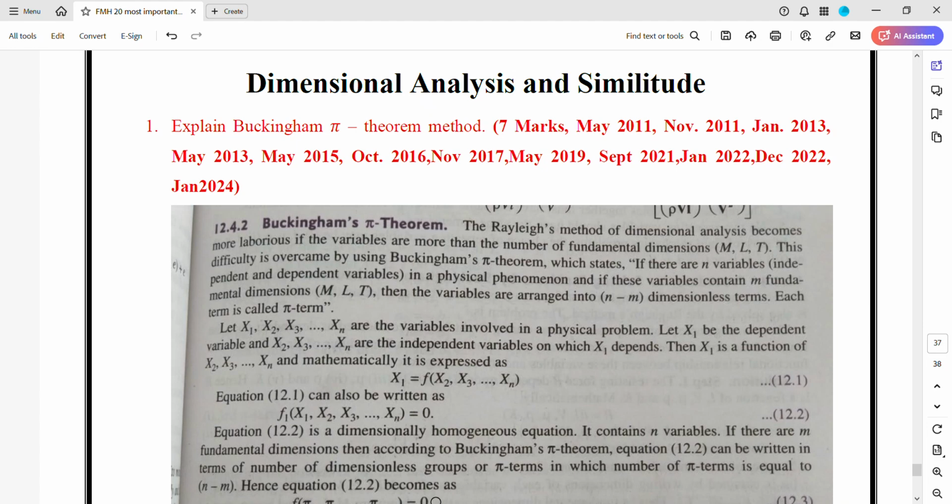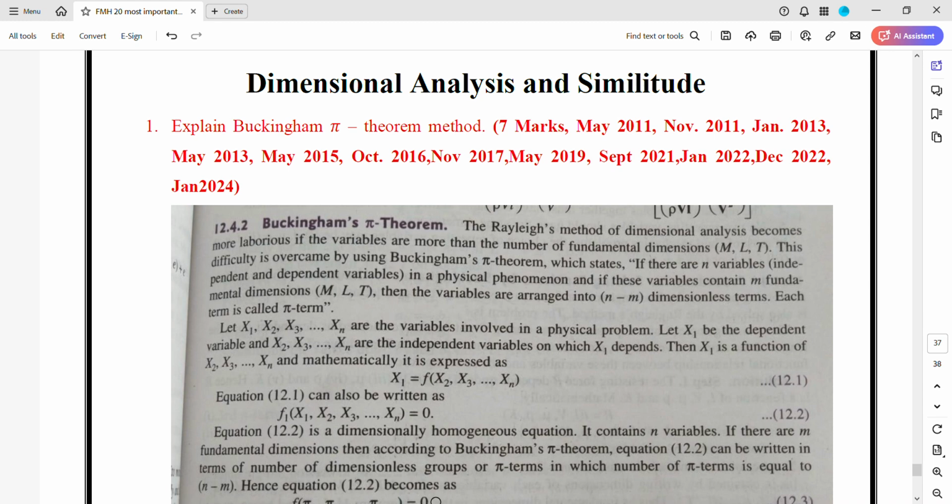Let's learn a new topic from dimensional analysis and similitude. It's about the Buckingham pi theorem method. The Rayleigh method of dimensional analysis becomes more laborious if the variables are more than the number of fundamental dimensions, M, L and T. This difficulty is overcome by the Buckingham pi theorem, which states if there are n number of variables, independent or dependent,